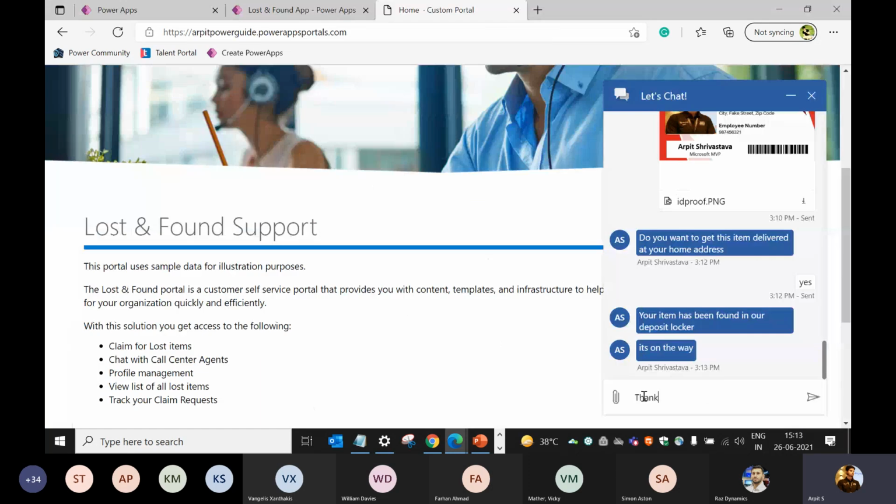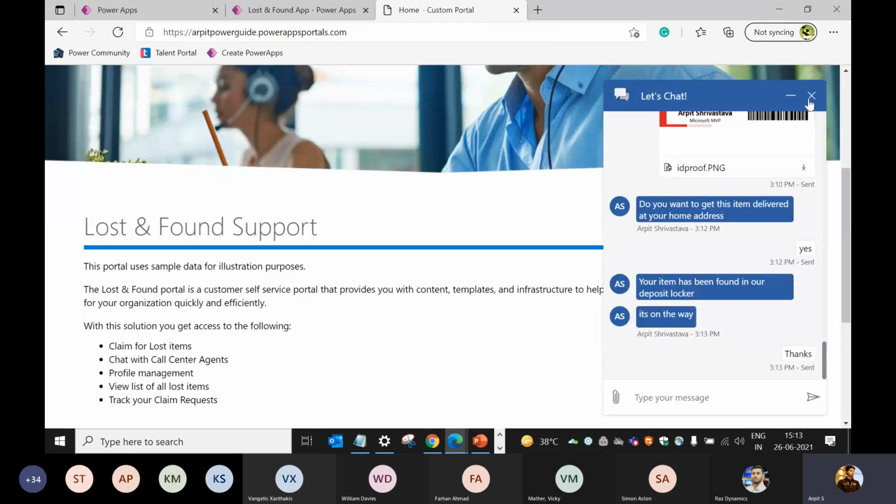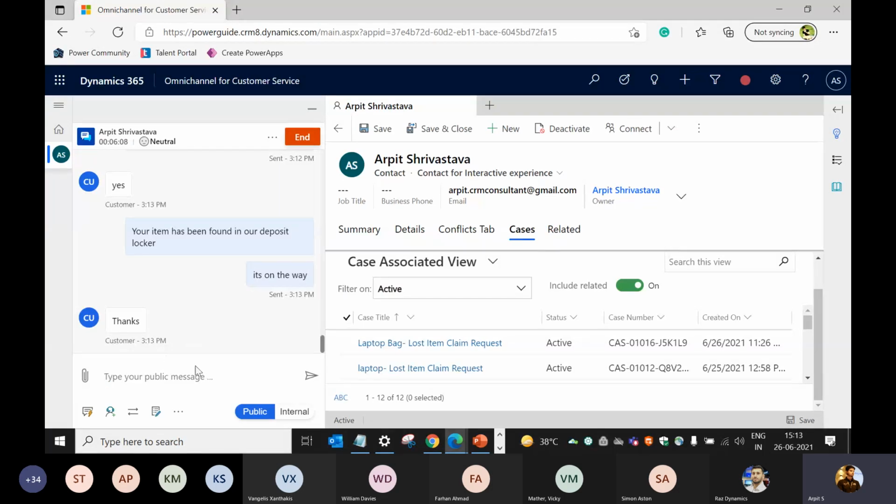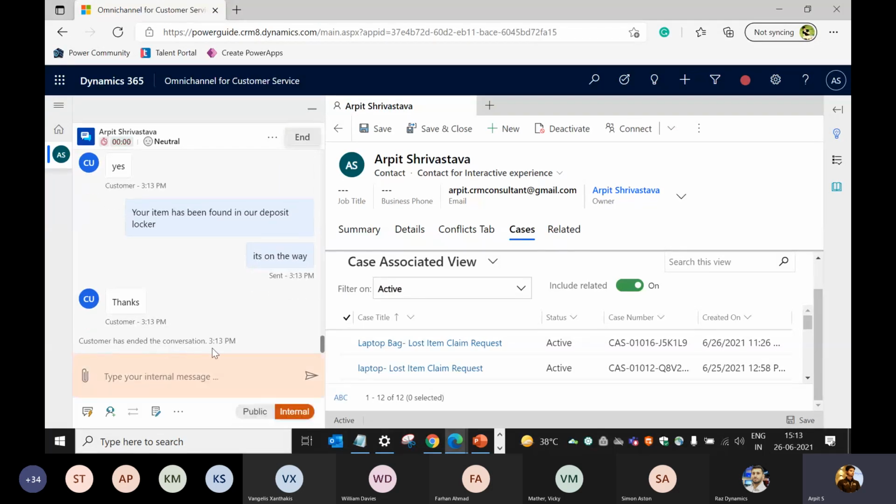I can close the conversation by saying thanks, and close the chat. Once I close the chat, I get the confirmation that the customer ended the conversation. I have the option to save this chat and attach it to the case as well. There are a lot of features in this Omnichannel. So I am just closing this chat.